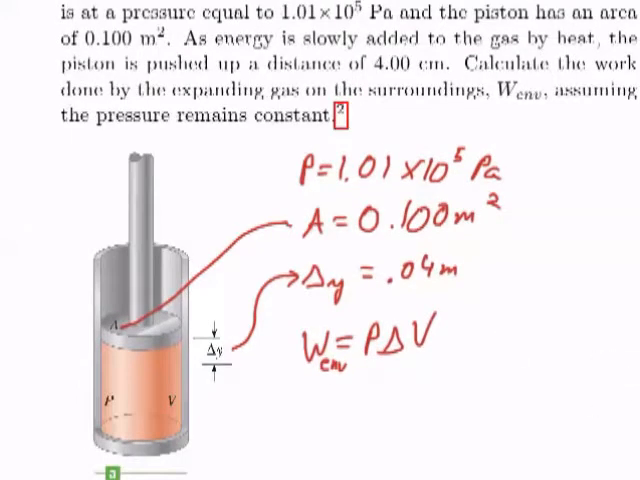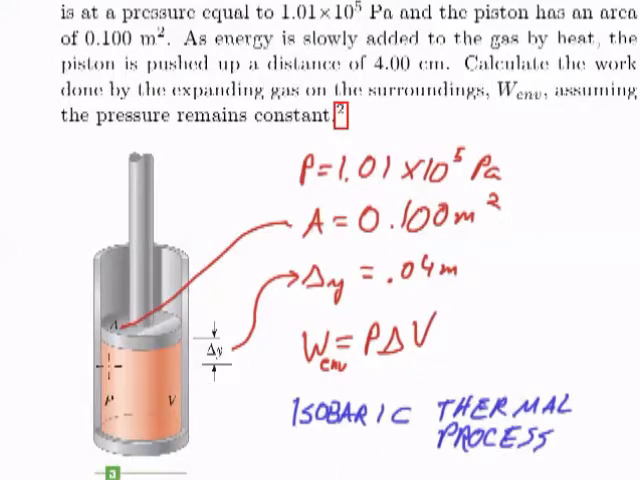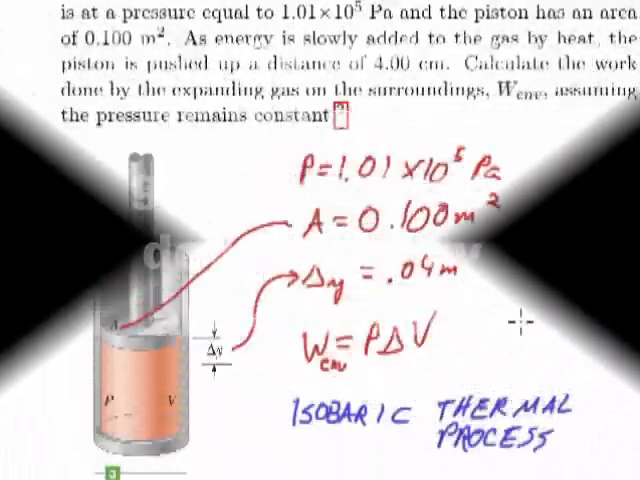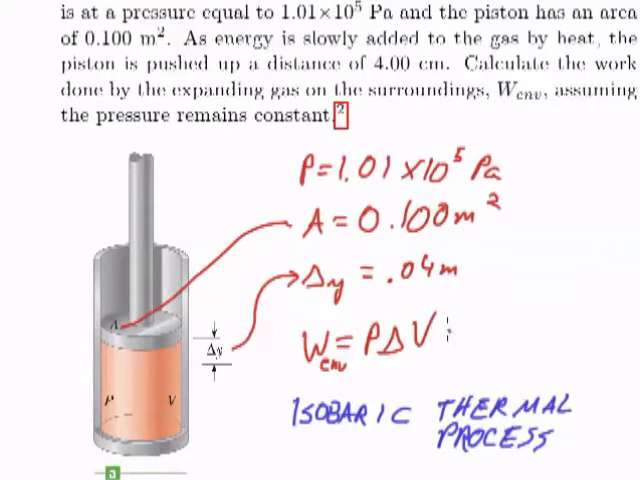So this is an isobaric thermal process because the pressure under the cap is determined by the weight of the air, the external pressure, and it does not change as the gas is heated. So this is simply going to be pressure times the change in the volume, which is area times height, which is PA delta H,